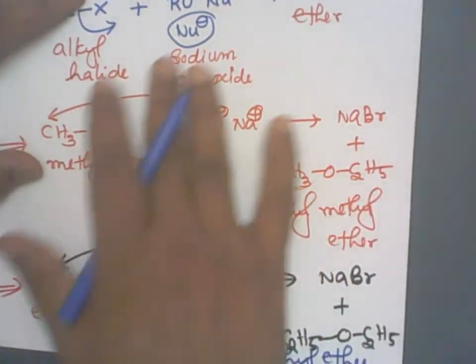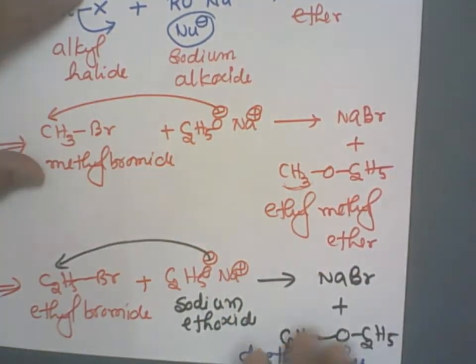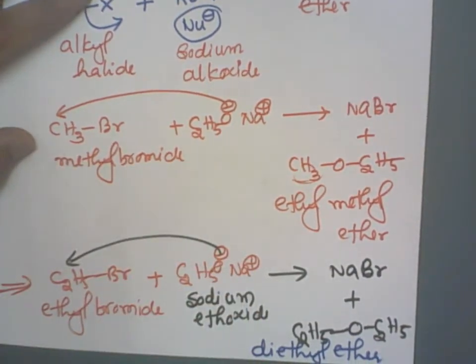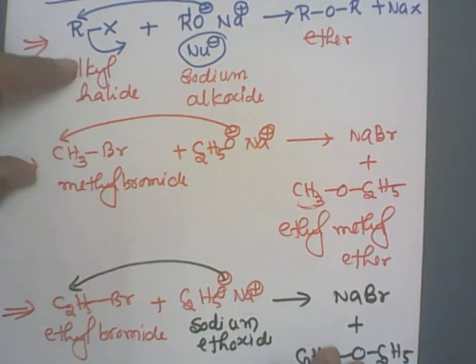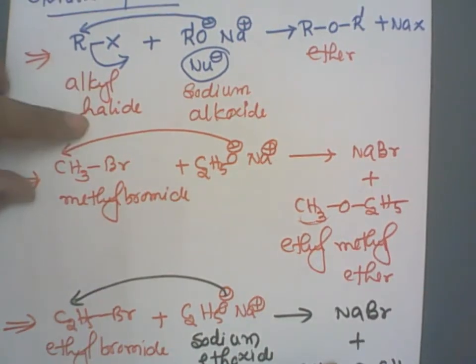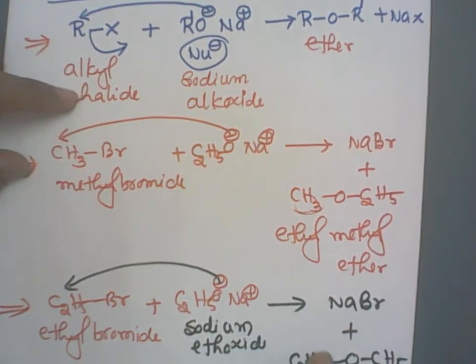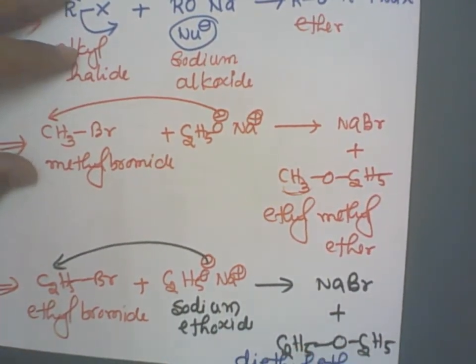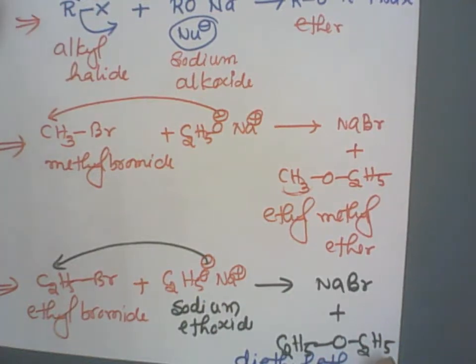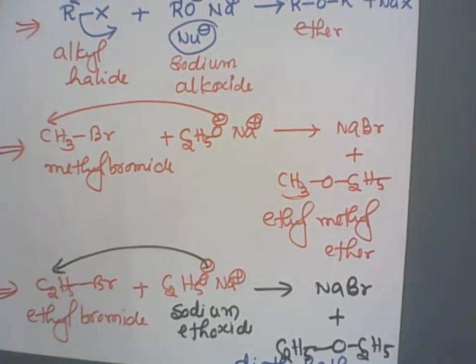Now see here, in all these cases we have used alkyl groups, haloalkane molecules. Can I use aryl halides or haloarenes? Yeah, if I do so, I'll get the benzene rings attached to the oxygen. We can do that. We can prepare aliphatic or aromatic ethers. Now let us see how to prepare aromatic ethers.